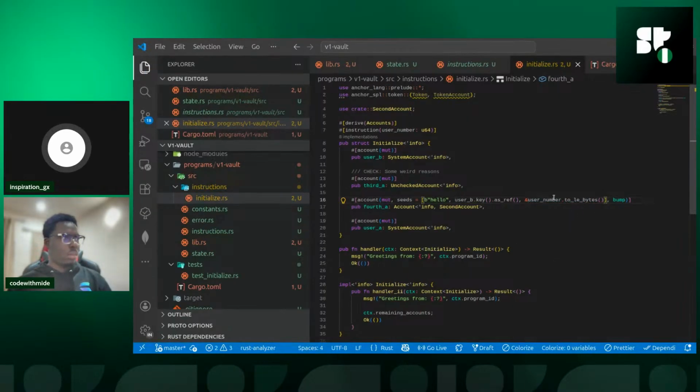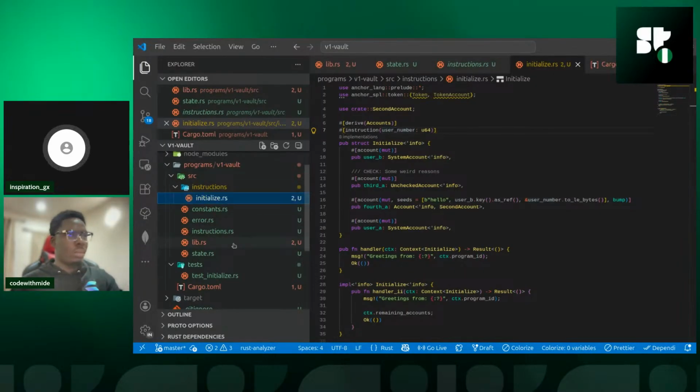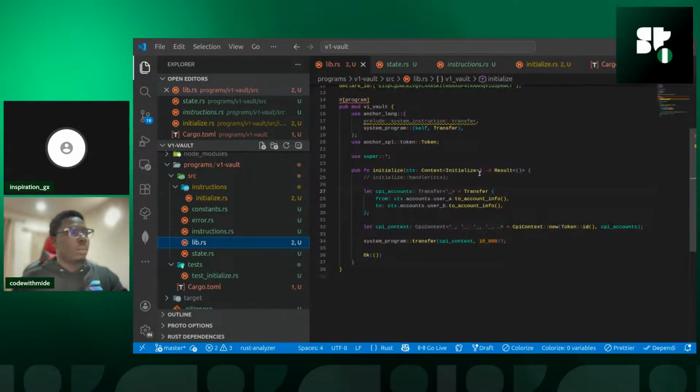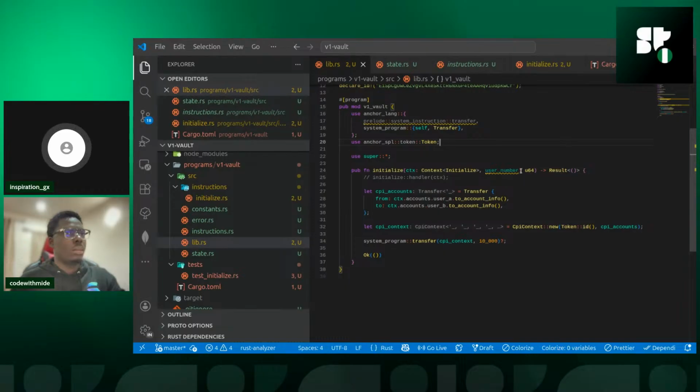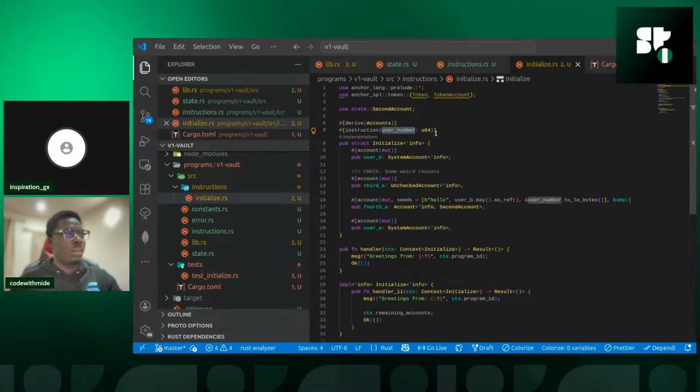Okay, so now I can use whatever arbitrary value the user is passing in. If I'm accepting another argument that is called user number, and that's the u64, right? So it can infer it from this place directly. So that works. That one has been around since Anchor 31, but now it just needs you to be more